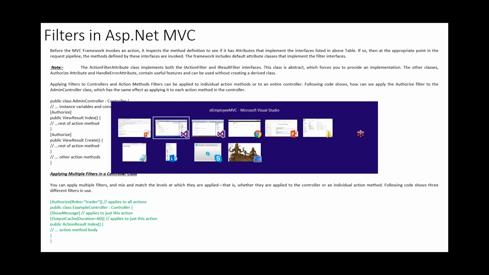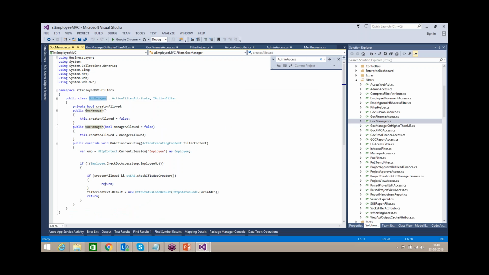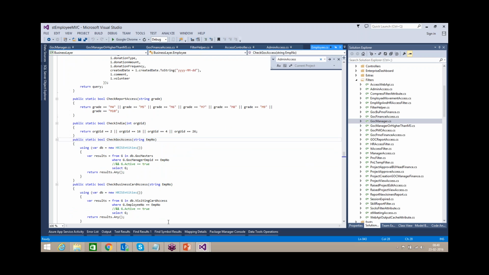So if you see here, we already defined something. Check GOC access. So in sessions, we are keeping the currently logged in employee information and we are passing it here. Here we are checking whether he is a GOC manager or not.